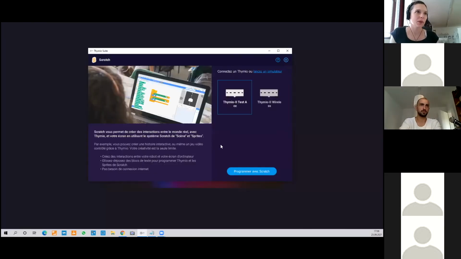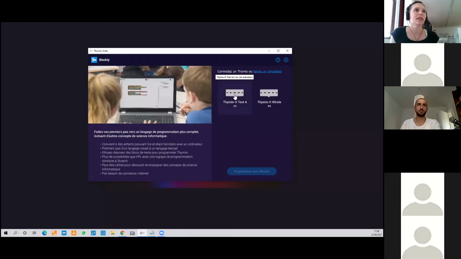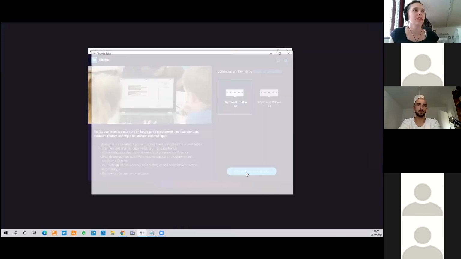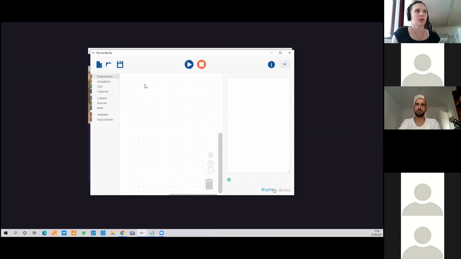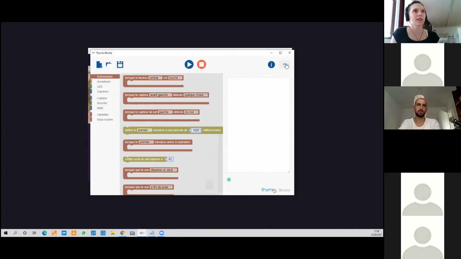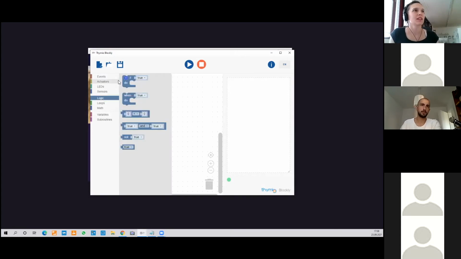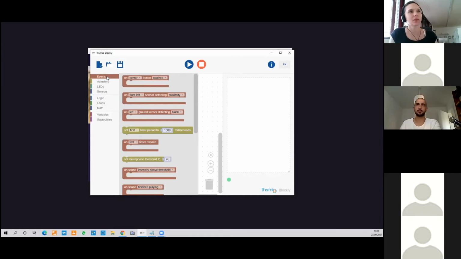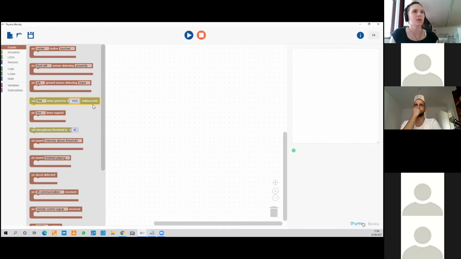And then Blocky. So Blocky is an interface that looks like Scratch. So there are also blocks like this. Let's say you have if blocks, but the blocks are more specific to Thymio. It's really an interface with blocks that was made for Thymio. Of course, Blocky exists for other devices or other contexts, but this one was really tuned to Thymio,